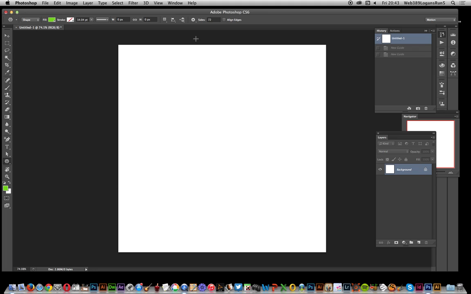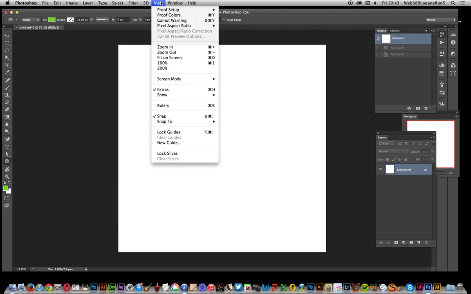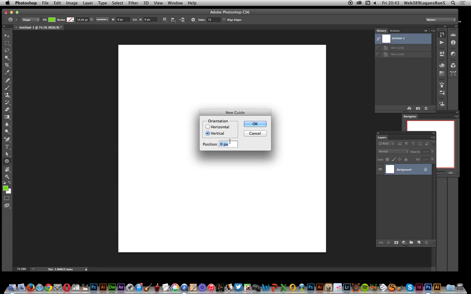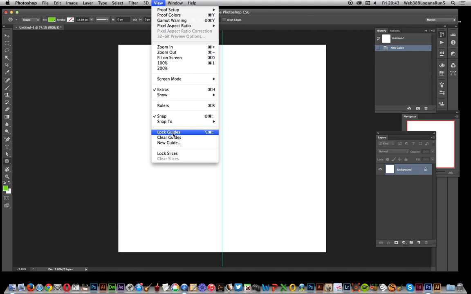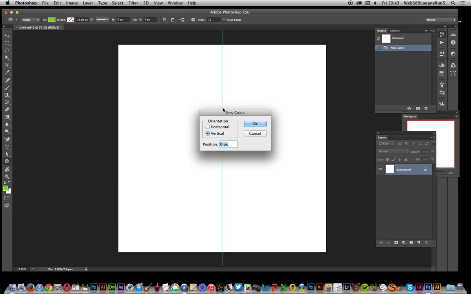In this tutorial I'm just going to show you how to create a sunburst design. Now, first thing to do, I'm just going to create a center for it. So I'm just going to go to View, New Guide. Now, the document's 1000 by 1000, so I want it in the center. So 500. And I'm also going to go for the other way as well. So New Guide, obviously horizontal,